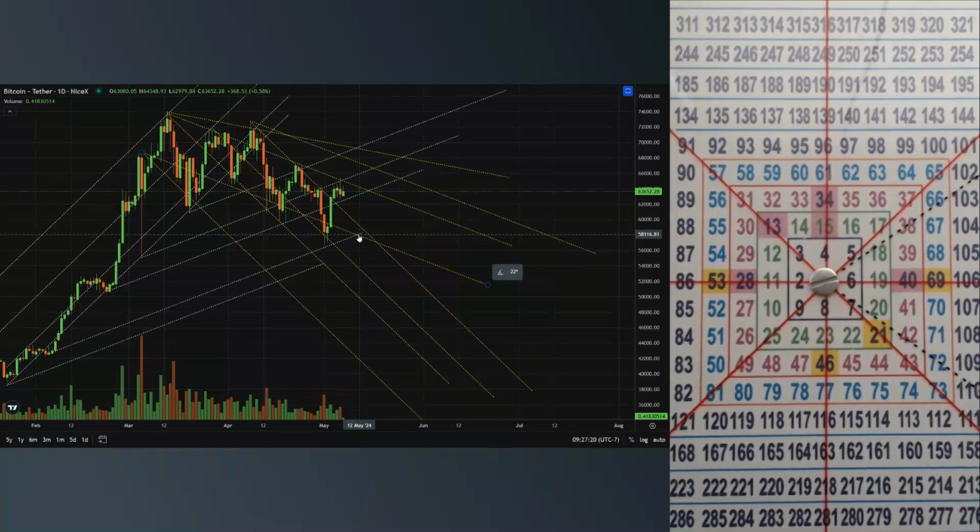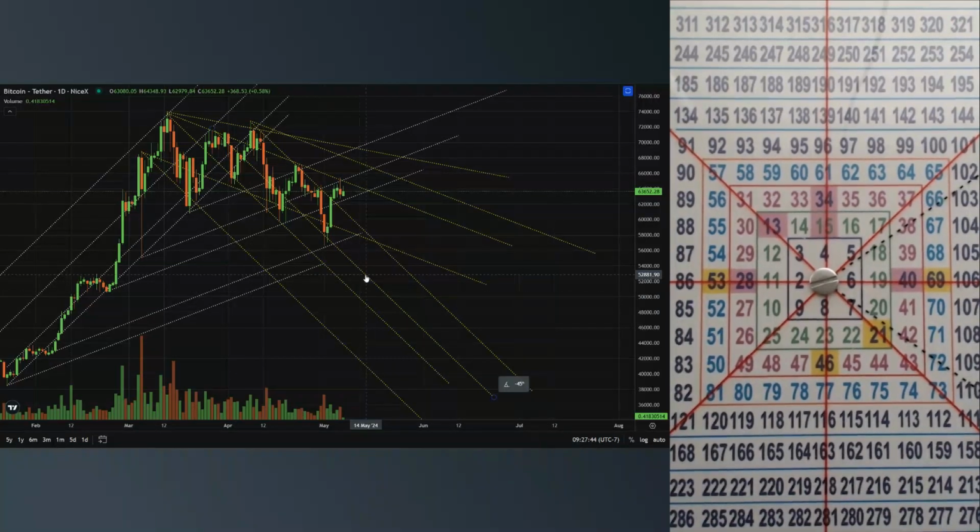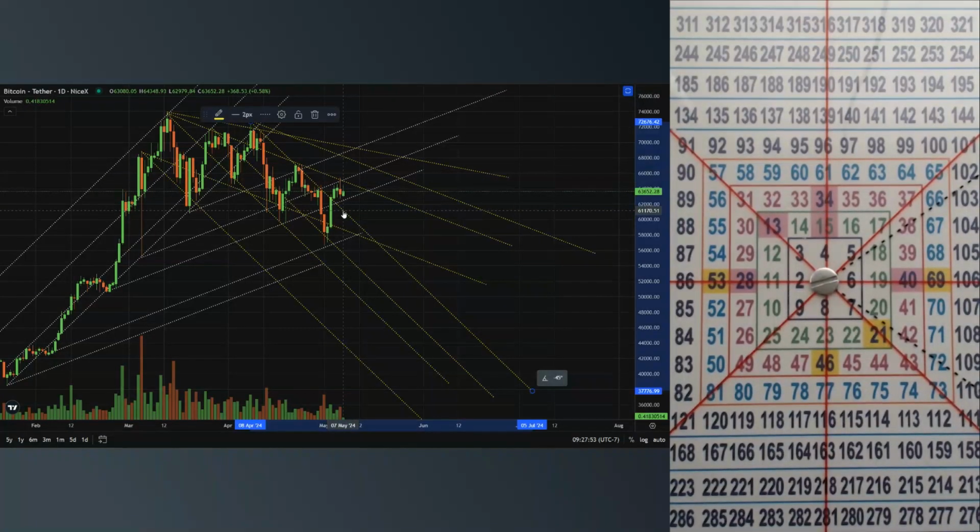A 1 times 3 angle would come somewhere around here. And that's a 53,000 Bitcoin, and it's probably likely we could get down to this area as well here. If we don't get above this, let's just throw on another 45-degree angle, because honestly,